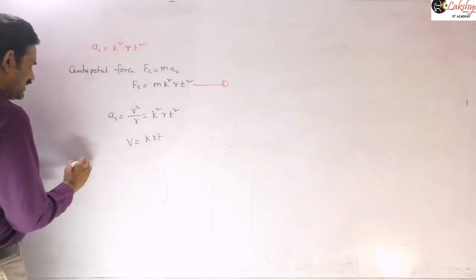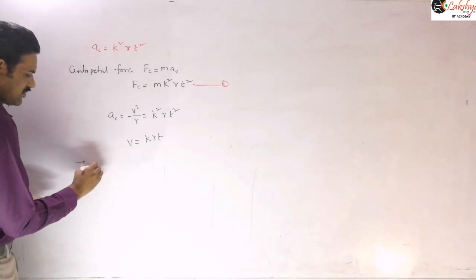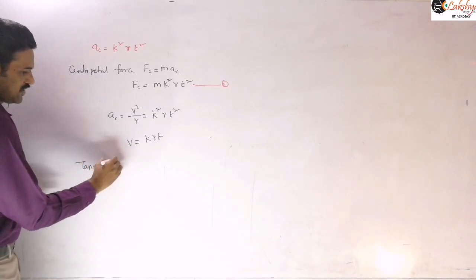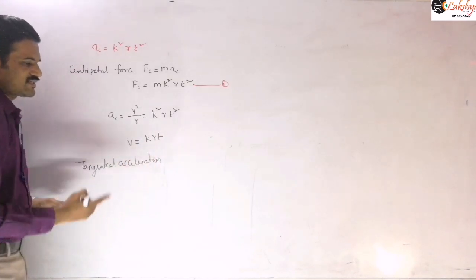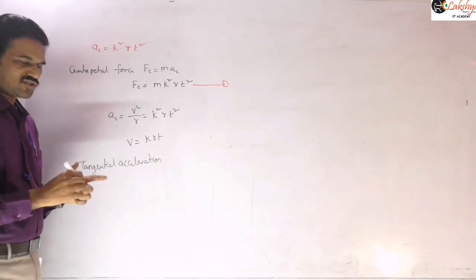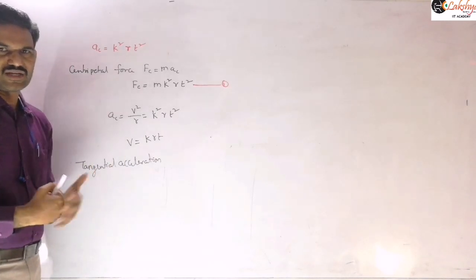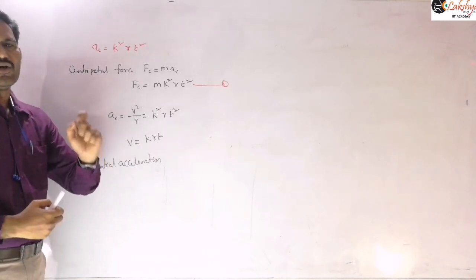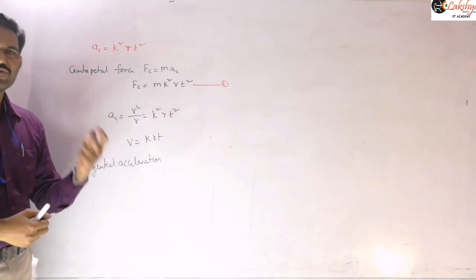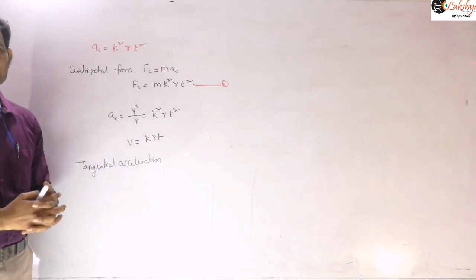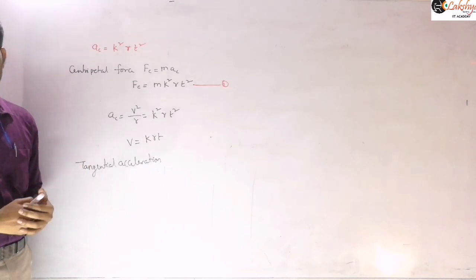And so now tangential acceleration is equal to, so for the tangential acceleration I said only two expressions are there for us. That means two methods of calculating the tangential acceleration. One method is we write it as dv by dt, and the other is, if you know the alpha value, then tangential acceleration is equal to r alpha, right?